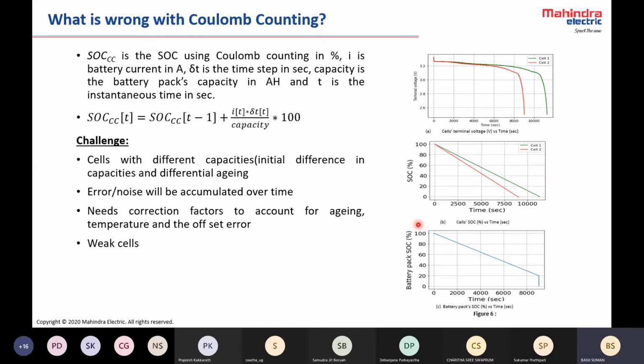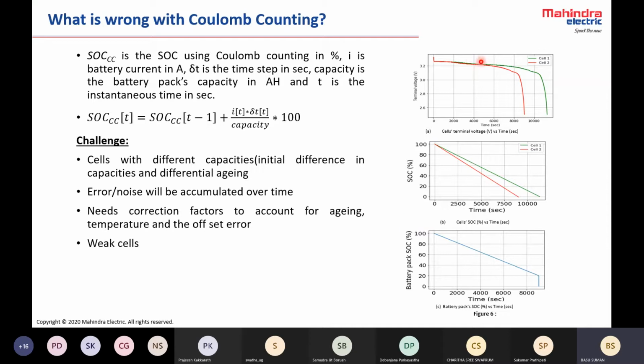In general, when cells are made on an automated line, although there are process controls, even then in our experience, we have seen that up to 10% variation in capacity is possible. Although better quality cells will give you a capacity within a few percent, maybe 2 or 3%. So whatever we do by Coulomb counting is just a prediction, but we need a correction. That correction comes through our model, through the voltage.